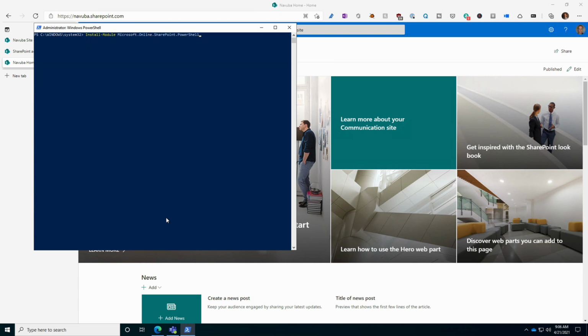First thing you need to do if you are going to set up this home site is you need to install the Microsoft.Online.SharePoint.PowerShell module. So it's simply Install-Module. Install-Module Microsoft.Online.SharePoint.PowerShell, hit enter. This is going to go out. It might ask you if you trust the gallery, if you trust the module. Yes, you trust it all,